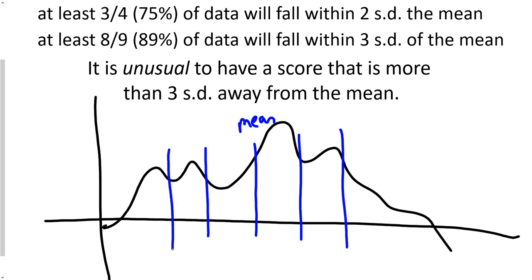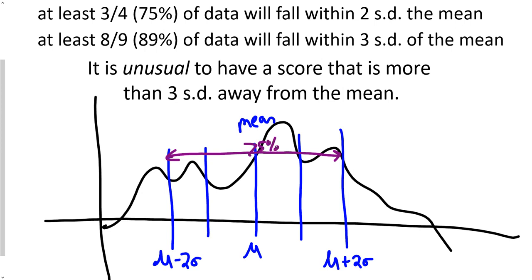So this is our mean, mu. If you add 2 standard deviations, that's 2 sigma, you get there. If you subtract 2 sigma, you get here. And inside of that, from here to here, should be at least 75%